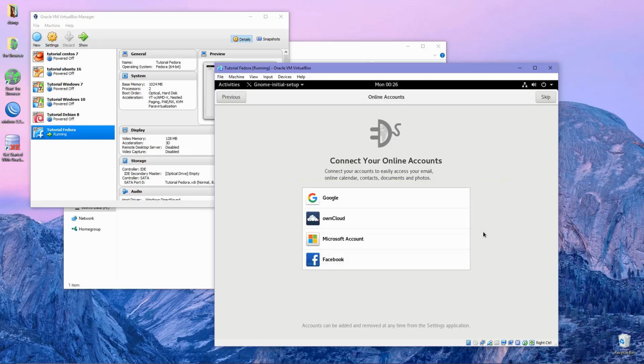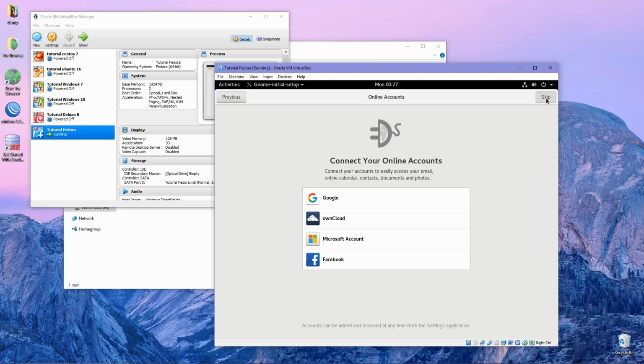Here is an optional setting if you want to connect to your online account, but in this tutorial I just want to skip this step because I don't want to connect my online account.